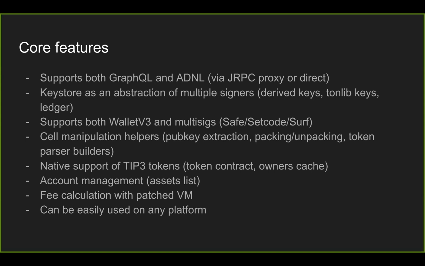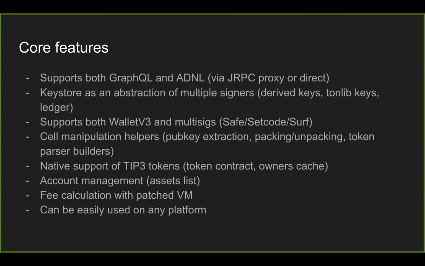It has a lot of low-level cell manipulation stuff, which sometimes is needed to make some low-level interaction with contracts. For example, pubkey extraction as a header, packing and unpacking cells, and other. Native support of TIP3 is based on the current version of Broxus tokens. On the core level, it has account management